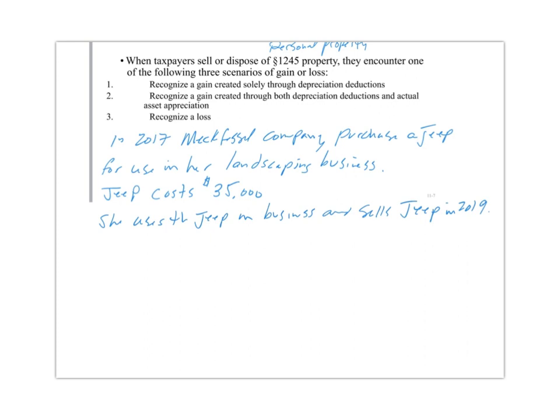All right, so she uses the Jeep in her business, sells the Jeep in 2019. So what would she have done? Well, she would have depreciated the Jeep. A Jeep is 5-year property. So her depreciation in 2017 would be $7,000. Her depreciation in 2018 would be